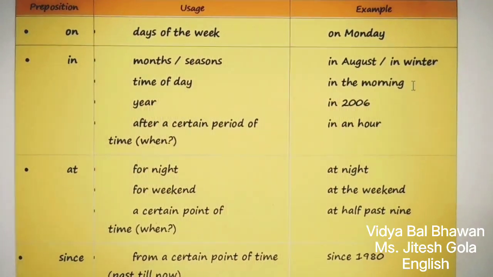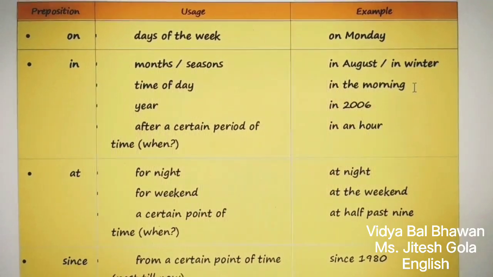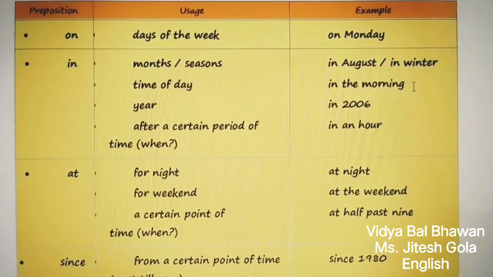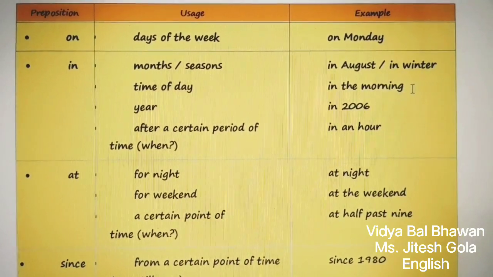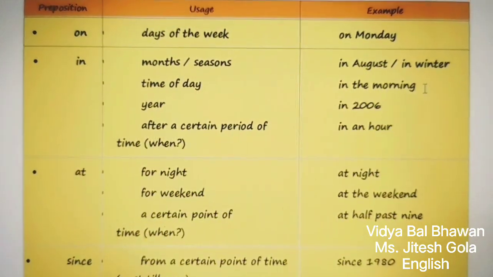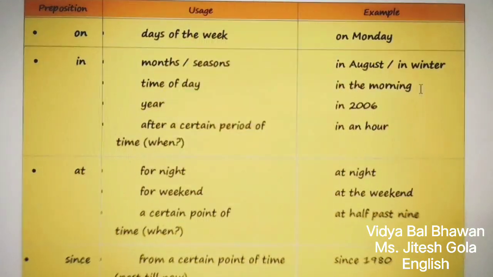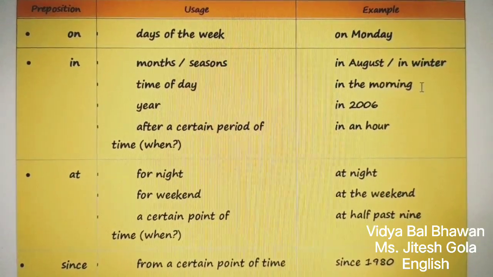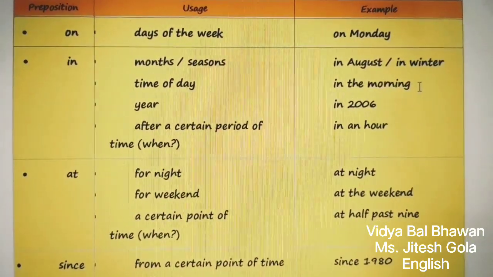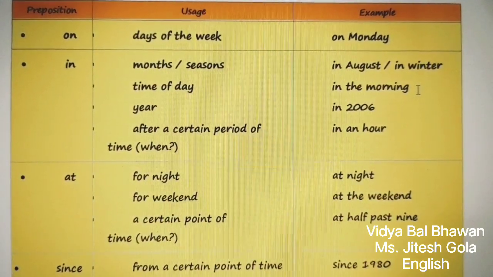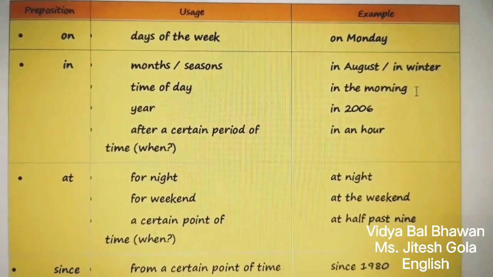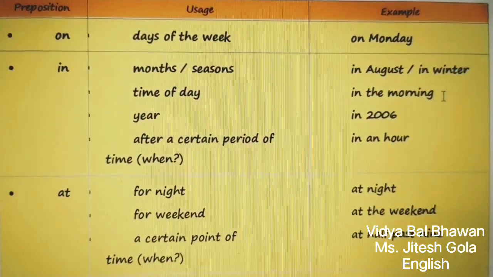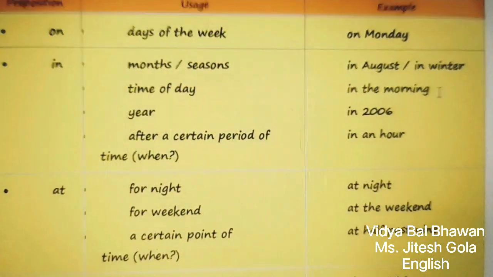The first one is on. You must know we can use on for different purposes. For example, I have taken here days of the week, like on Monday. So we can say, he went to the temple on Monday. The question can arise, when did he go to the temple, and you get the answer, on Monday. So on is used as a preposition here, showing the relation between temple and Monday.